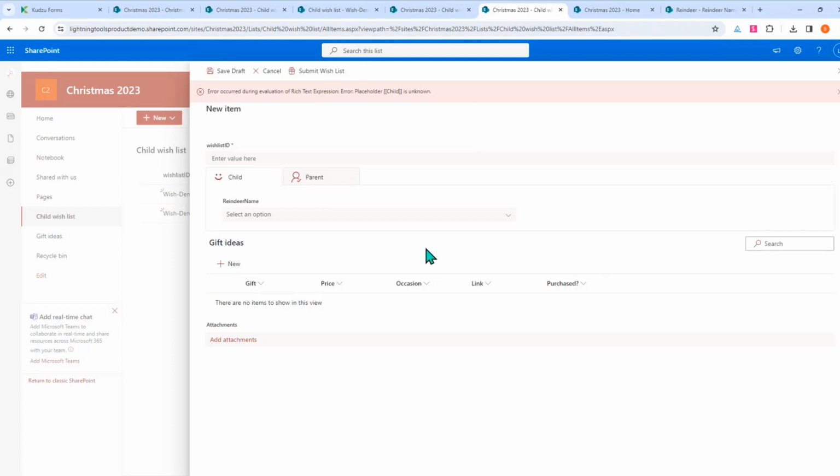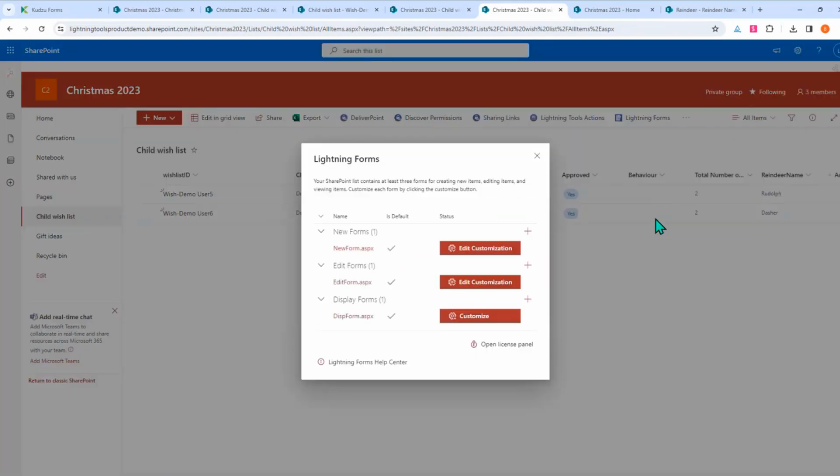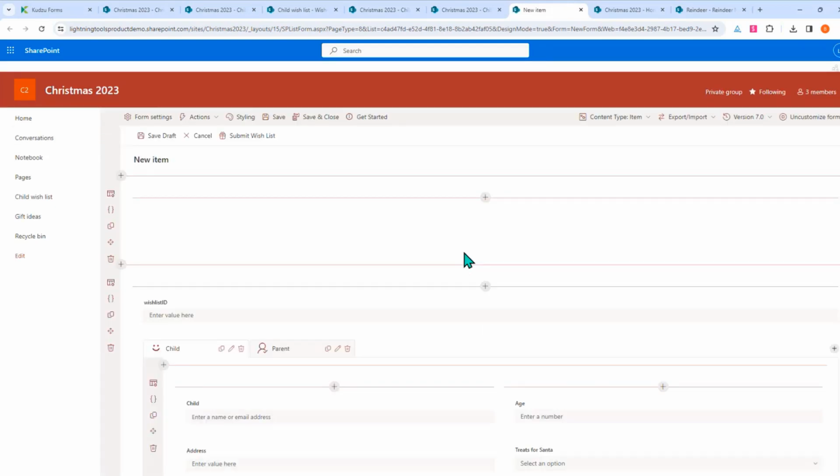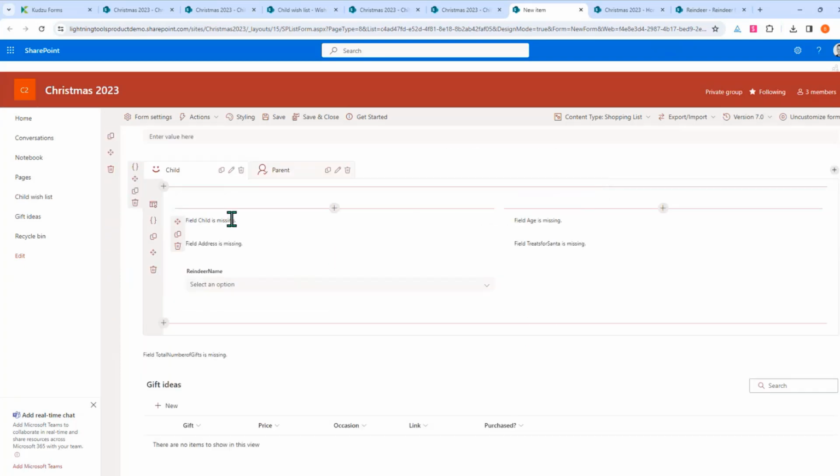So we'll jump back, go back into Lightning Forms, edit the new form again. And what you'll see in here is we've now got, since we've enabled the management of content types, this content type drop down. So I can now choose the shopping list content type, which makes all the shopping list fields available to me. And notice that some of these are now saying they're missing. That's because they're not inside that content type. So we can just simply remove them